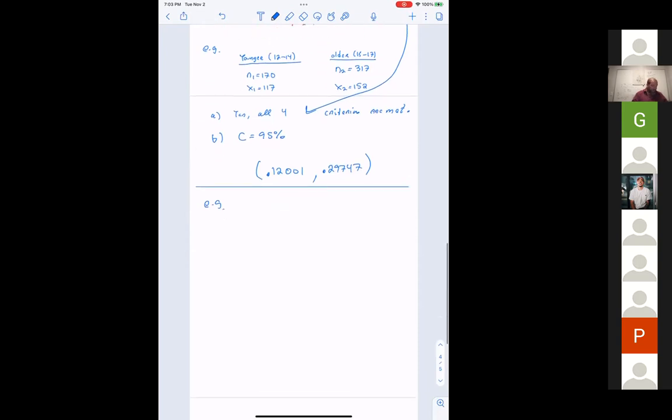Here's the data. You have two populations, two samples, population 1, population 2. This is the treatment group. This is the control group. The sample size, N, was 52 for those and 49 for those. The number of successes was 12 for those and 3 for those. And we want a 90% confidence interval. And what are we curious about here? We're curious about whether or not the treatments of giving these kids lots of early education